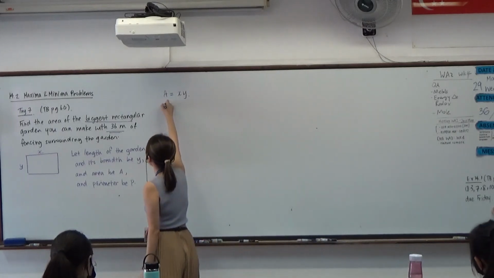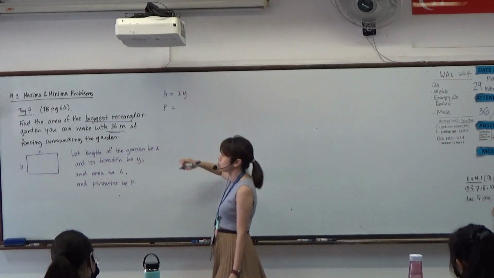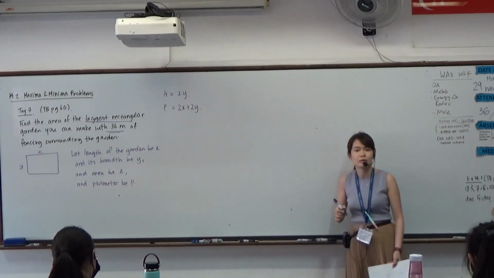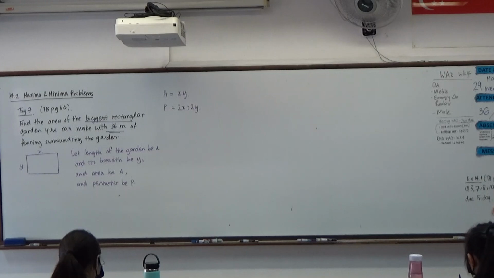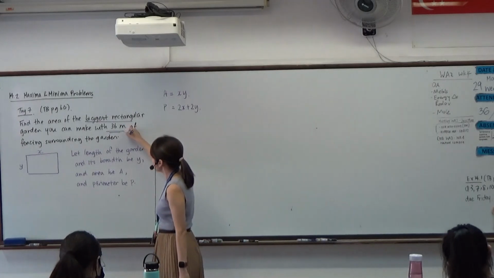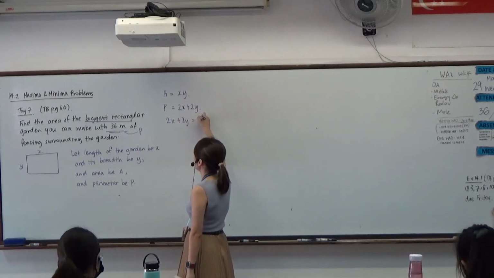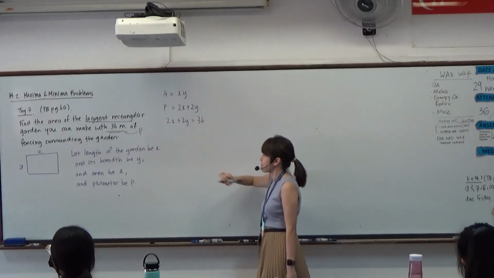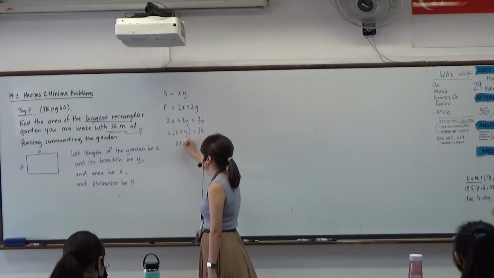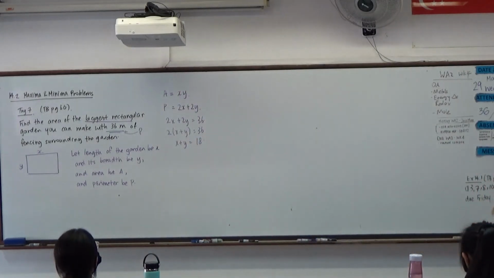And my perimeter, since it is a rectangle, means 2 times the length plus 2 times the breadth. And we know that in this particular case, 36 meters refers to my perimeter, so 2x plus 2y must equal 36. I could factorize out the 2